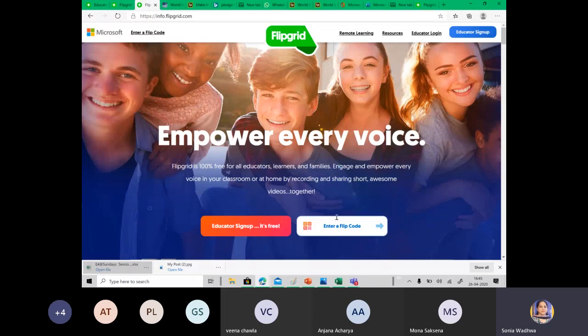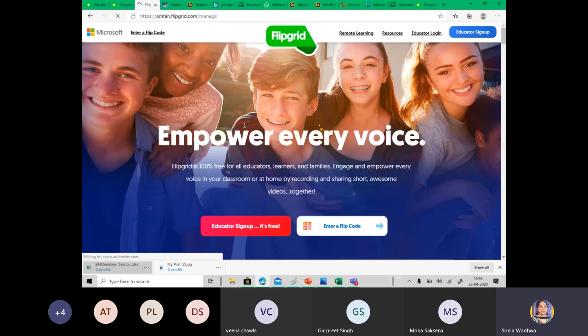If you want to create your own grid and you want to have an account on Flipgrid, go to Educator Sign Up. It's free. You click on this screen and then you create your own account. As I said, either a Microsoft ID or Google ID will allow you to create your account on Flipgrid.